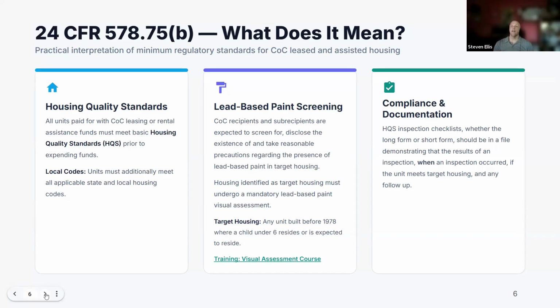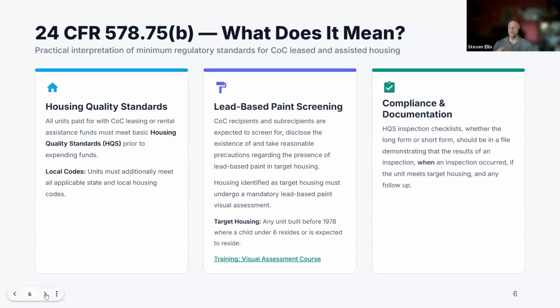I highlight that because this definition changed in 2022. Some programs think there are exemptions to this rule based upon whether it's elderly or disabled housing or the size of the housing, and all those exemptions are out. It has been updated, and when you get these slides, there's a note in there that will show you where the backup documentation is.